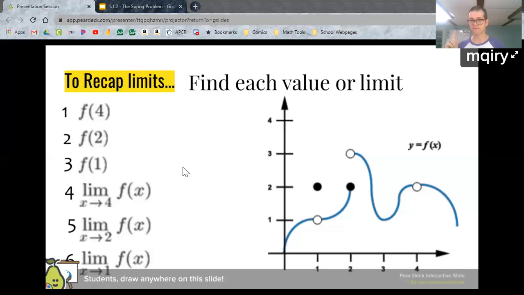So recapping, f of 4 or f of a means what is the value at that point, whether it exists or doesn't. The limit as x approaches a of f of x is saying what value it looks like it's approaching. Now we just did a bunch of estimation here. We estimated using the graph. So again, all of these are estimations of what the limit should be. There are other ways we could do it if we actually want to find out what the limit is. Speaking of which,